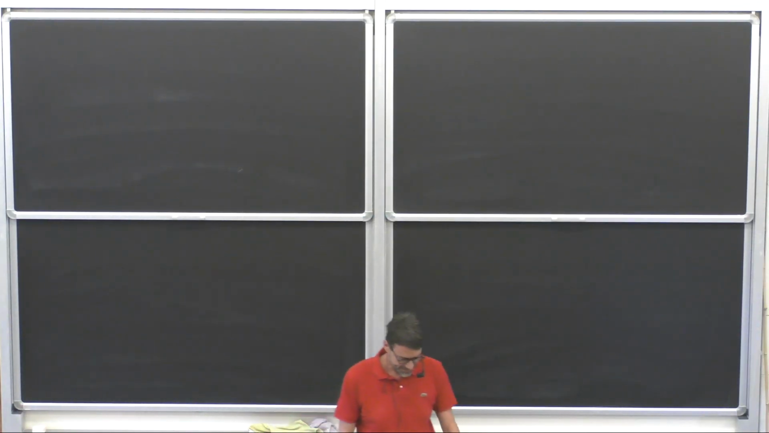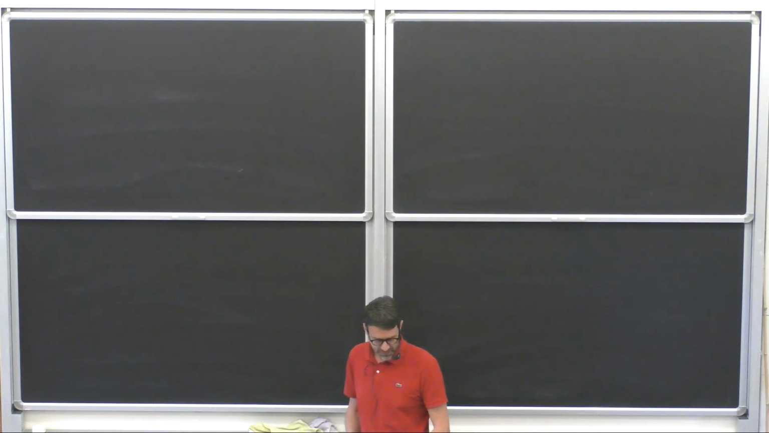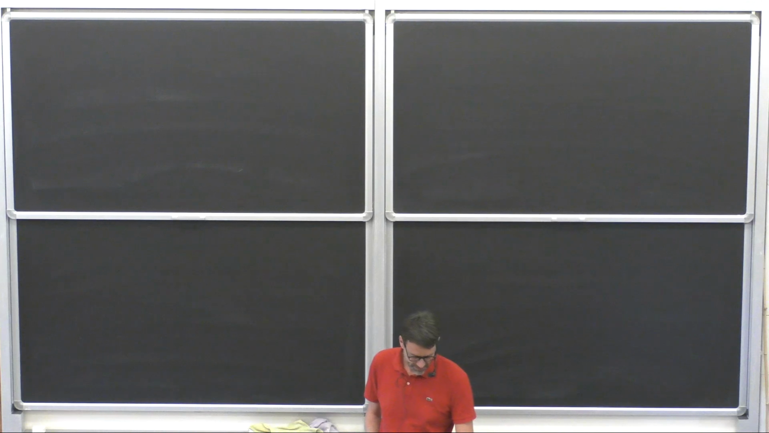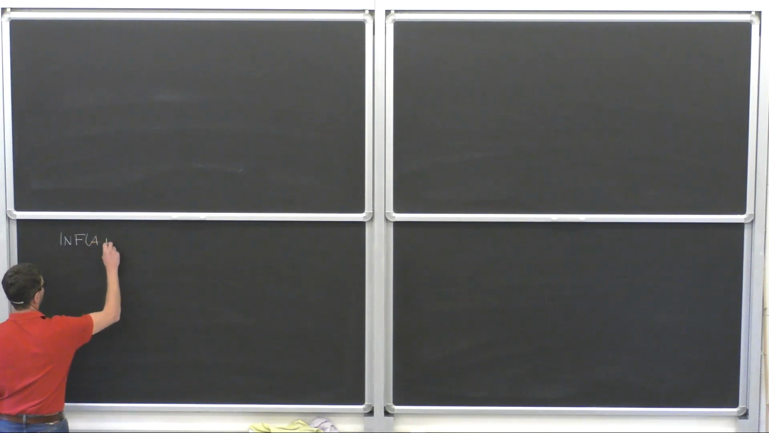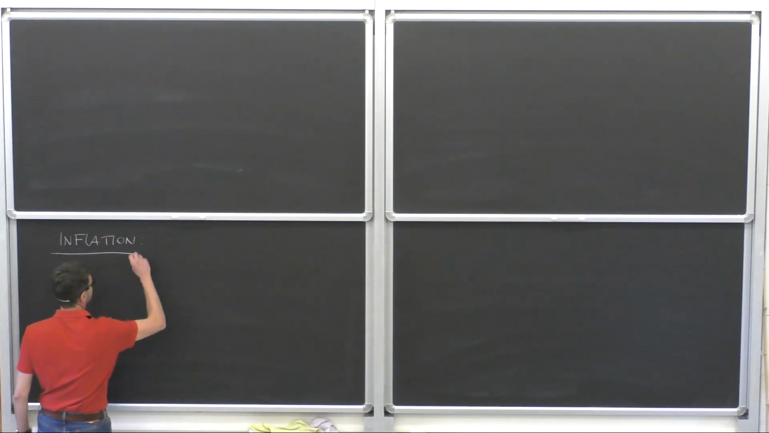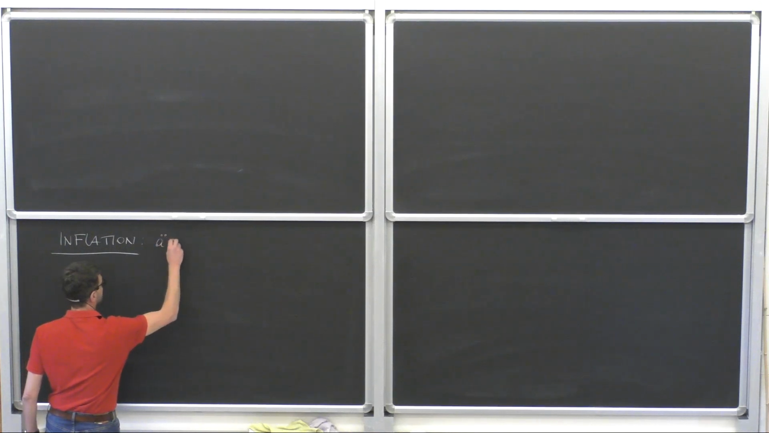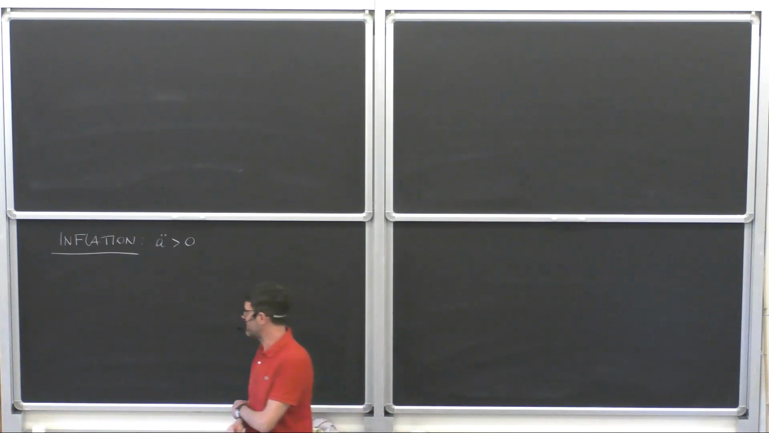So let's recap a little bit what we finished yesterday with. If you remember, we introduced for the first time the notion of inflation, which is defined to be the period during the evolution of the universe for which a double dot is larger than 0. And we motivated this period by solving the horizon problem. Graphically, I didn't draw the picture yesterday,